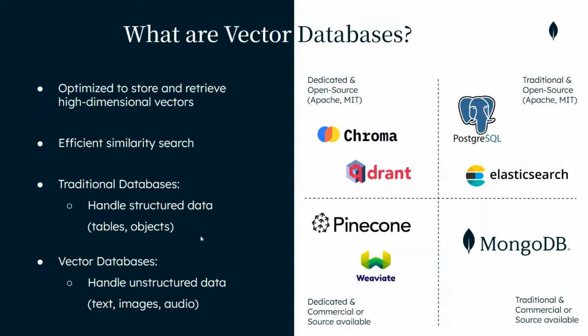What are the vector databases? So vector databases are the databases that can efficiently store high-dimensional vectors and search through these vectors as a whole. So we have two types of databases, like I called it here, traditional databases and dedicated databases. Dedicated databases would be the ones that are storing only the vectors, and they are specialized only for vector search. On the other side, we have traditional databases that also have the vector search capabilities, among which is, of course,